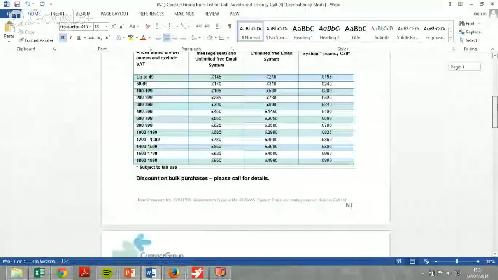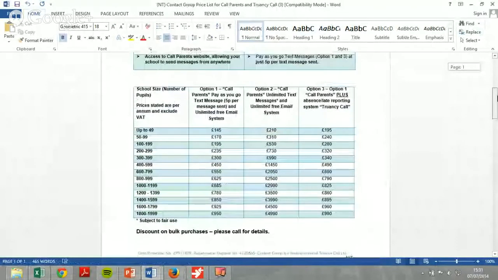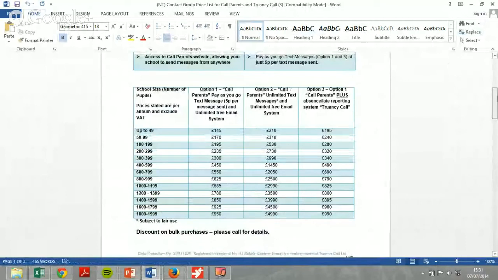So, with regards to our pricing on Truancy Call, it works on a two-system basis. We offer Call Parents, which is a general texting and emailing solution, and we also offer Truancy